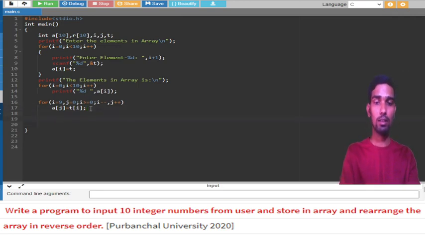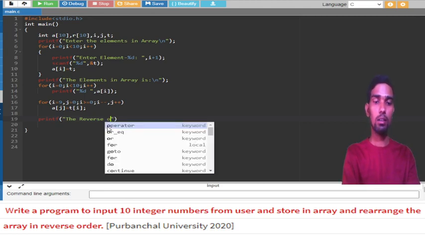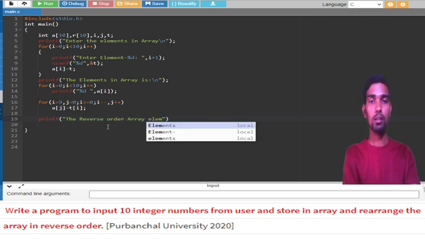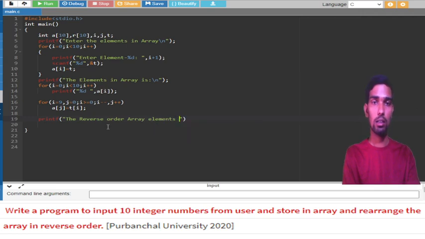Now let me print the reverse array. Print of the reverse order array elements are.